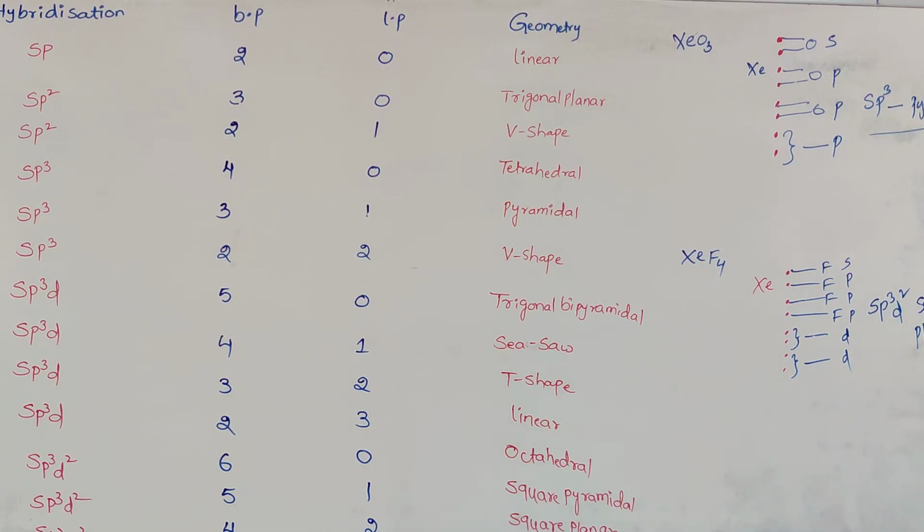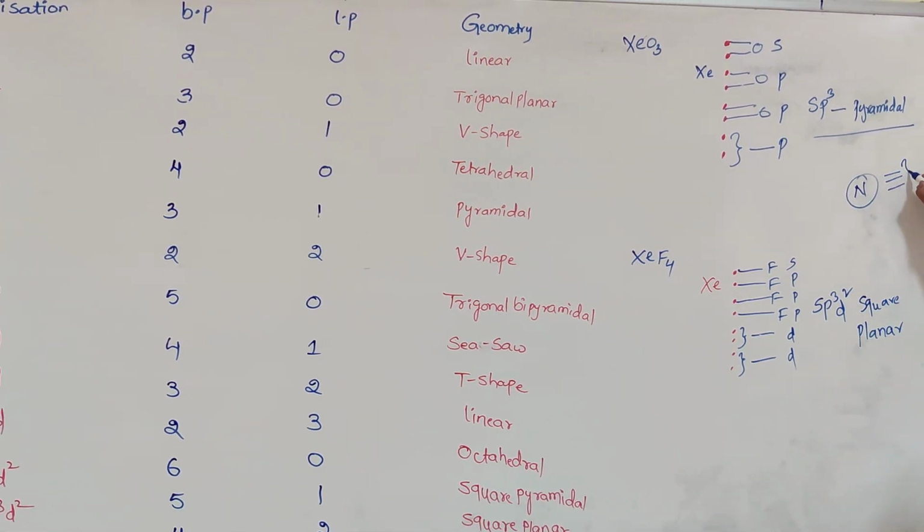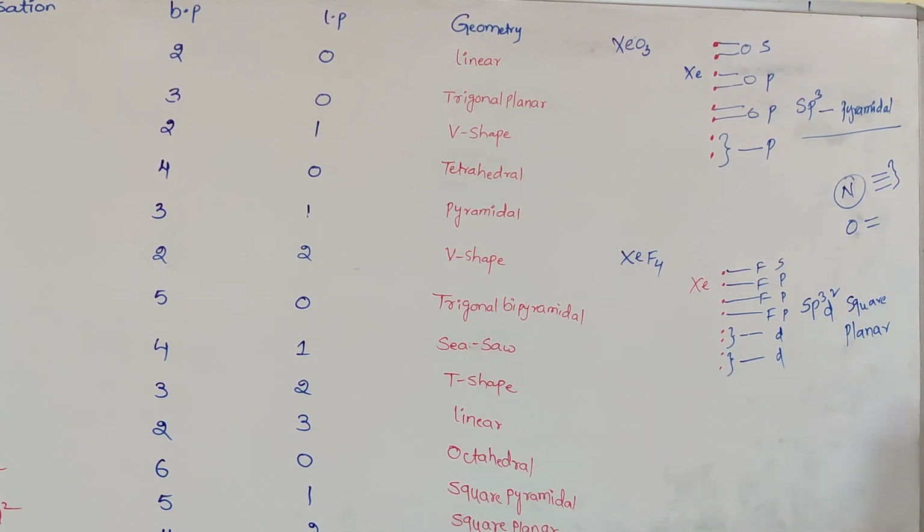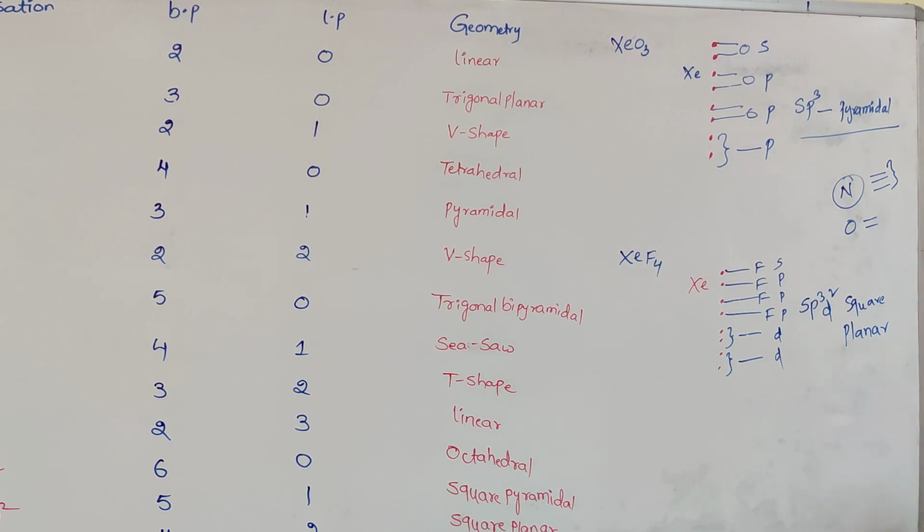Without knowing the number of valency electrons in the central atom, it is not possible to apply this method. And the second one is that whenever different atoms are combined with the central atom, their valency has to be known. Generally, mostly we are using the halogens, oxygen, hydrogen, simple atoms. Nitrogen, whenever it is coming, is always forming how many bonds? 3 bonds. 3 bonds are treated as a single bond. Oxygen can form a double bond. The double bond is treated as a single bond pair.